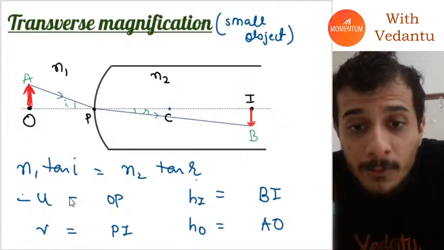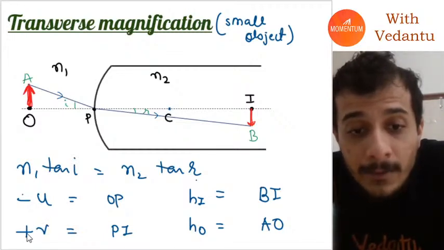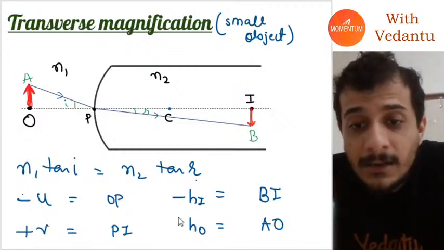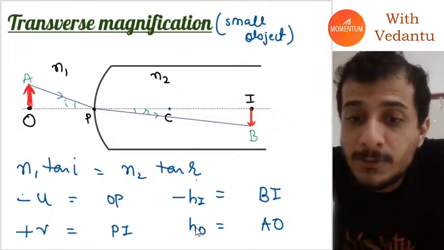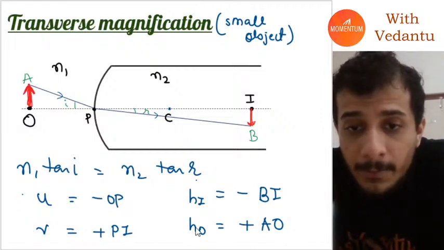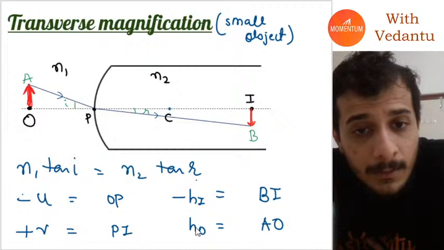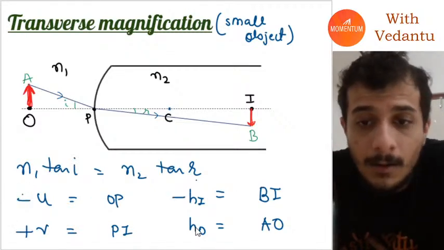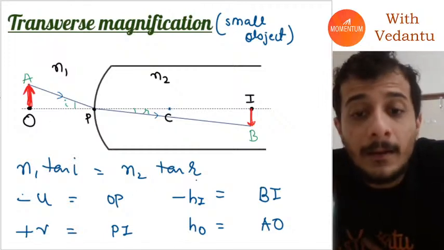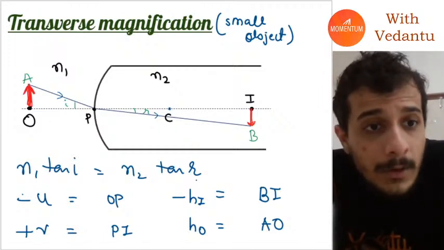This will be negative u is equal to OP plus v is equal to PI. Negative HI is equal to BI and HO is equal to AO. I hope everybody understood. Now that you know this, what we will do is